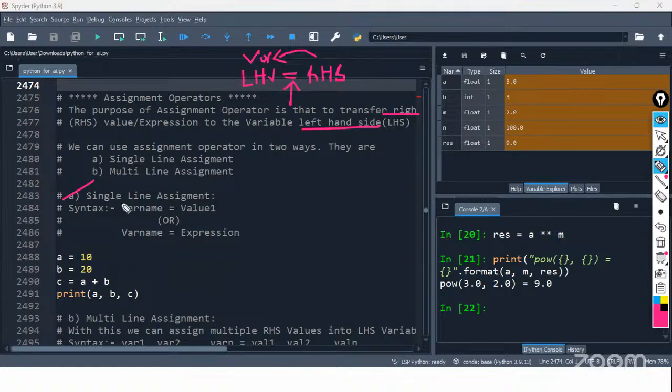Single line assignment takes the syntax as variable name is equals to value, or variable name is equals to expression. So within one single line, how many values are you going to assign to the variable? Only one value or one expression we are going to assign to the variable, the object. Here we have the examples. Is it an example of single line assignment? Yes. I'm going to